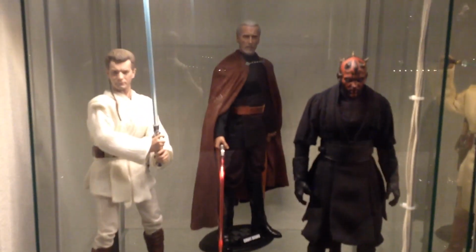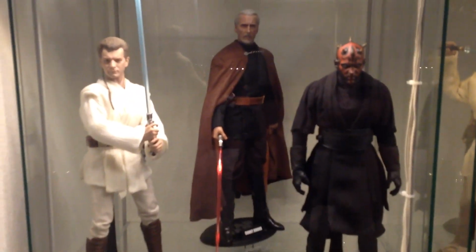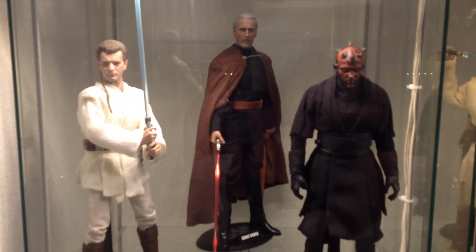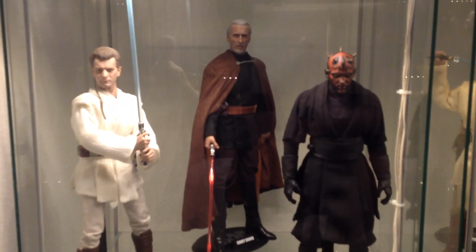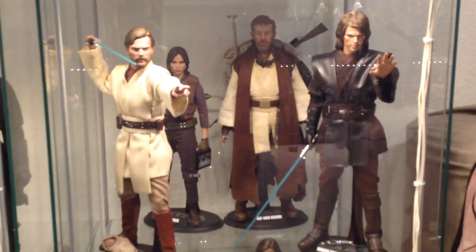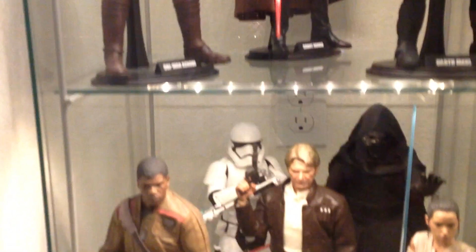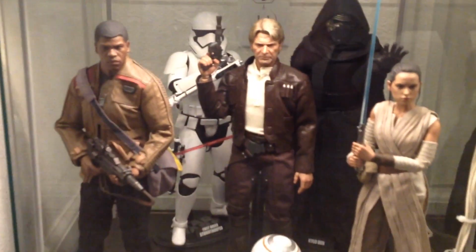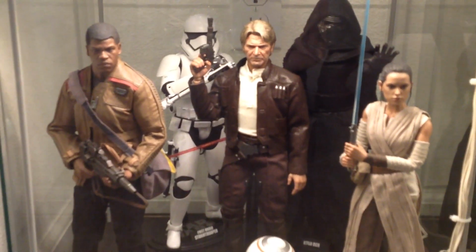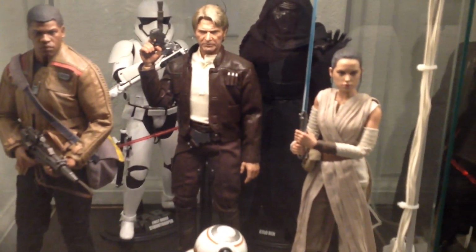Down here we have got the Sideshow Episode 1 Obi-Wan, as well as Count Dooku and Darth Maul. Also, Qui-Gon's coming out pretty soon, and hopefully I will be able to pick him up and set him in here. And then over here we have got Jyn Erso, the Mythos Obi-Wan, as well as Anakin and Obi-Wan from Episode 3. Coming down here, we have got our Episode 7 shelf, with Finn, a Stormtrooper, Han, Kylo Ren, Rey,